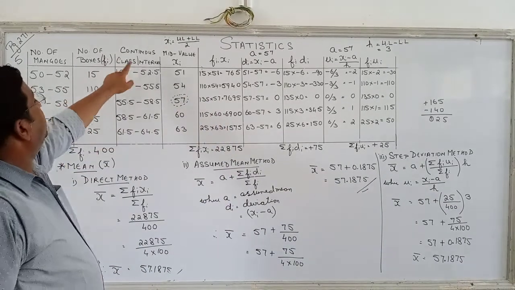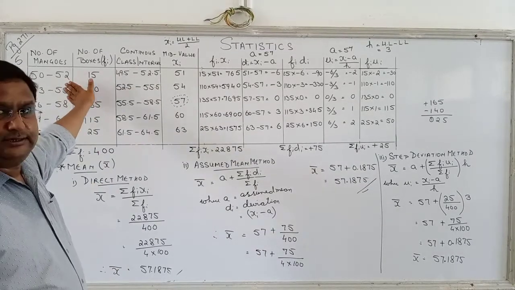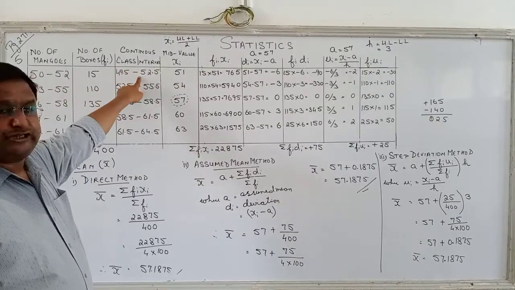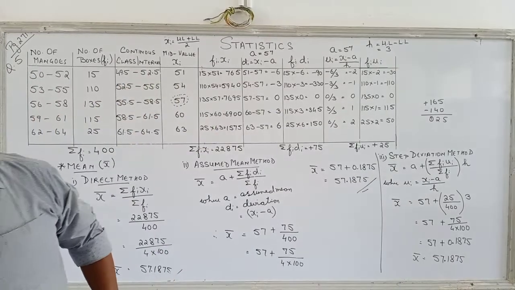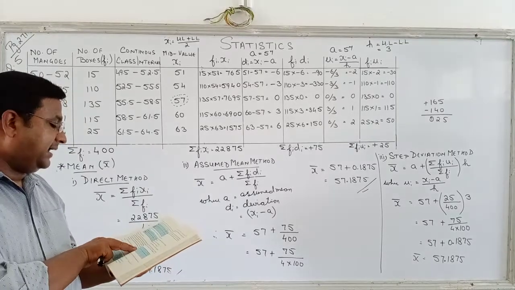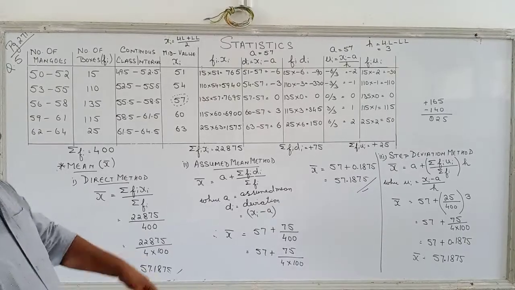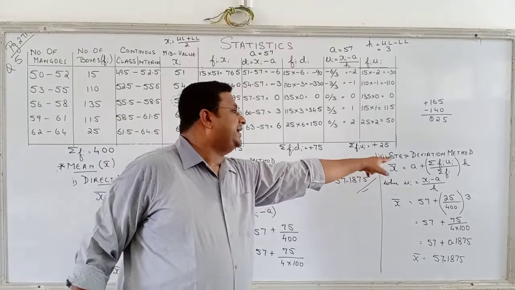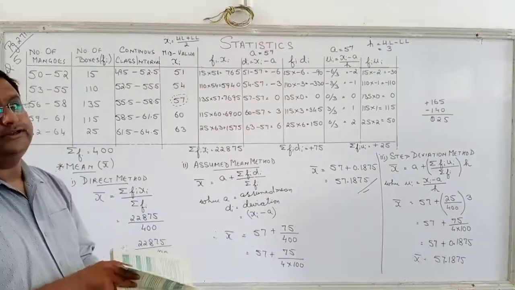First of all, you have to change it into continuous, if it is not. Here all the questions are continuous, so this column is not required. But this question was selected because this was the exceptional question. Clear? Correct? I hope you can do. Don't do question number 3. We will discuss it later on. And question number 8 and 9. Question number 8, sorry, on page 272, you will do it by direct method, not by assumed mean or step deviation method, because their H is included. So don't use them. Rest all questions of the exercise you can do.